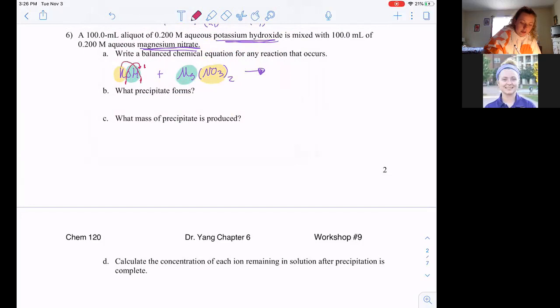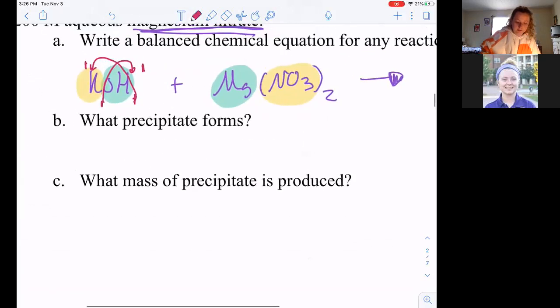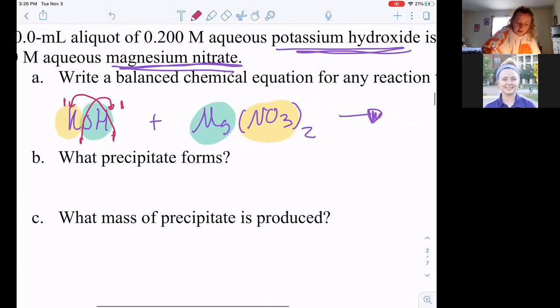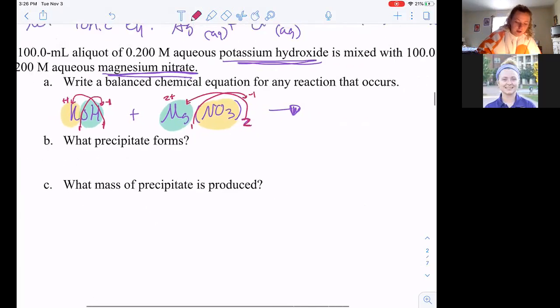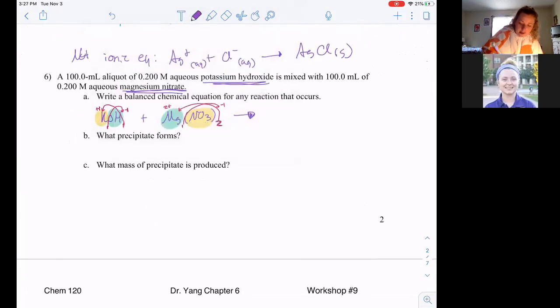I'm going to assume the K has a 1 plus charge as well. Let me zoom in, make that easier for you. There's a 2 here. Bring that across. We're going to assume that the Mg has a 2 plus. There's an imaginary 1 here. We're going to assume that the NO3 has a negative 1 charge. So when we switch it around, it should be easier to tell. So that gives us